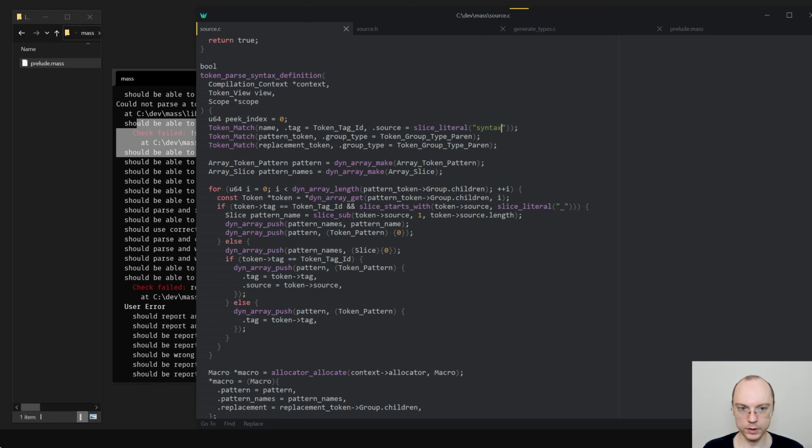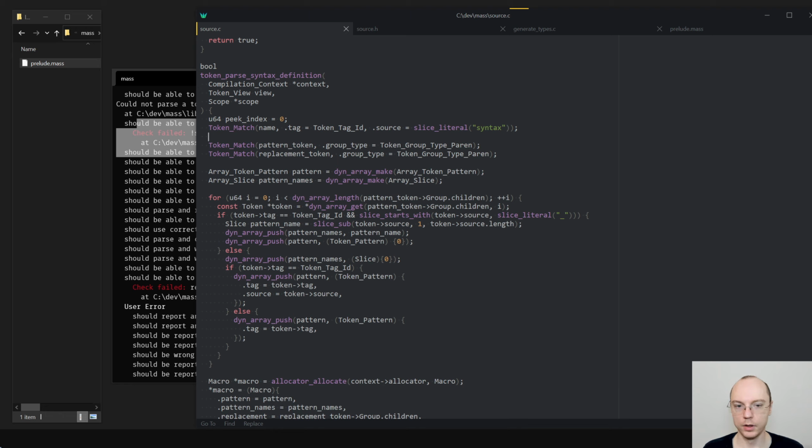Okay, we'll start with syntax, and the rest should be checked for errors. So we need to say here, instead of match, we need to say maybe match here as well. Okay, so we have pattern token and the replacement token.